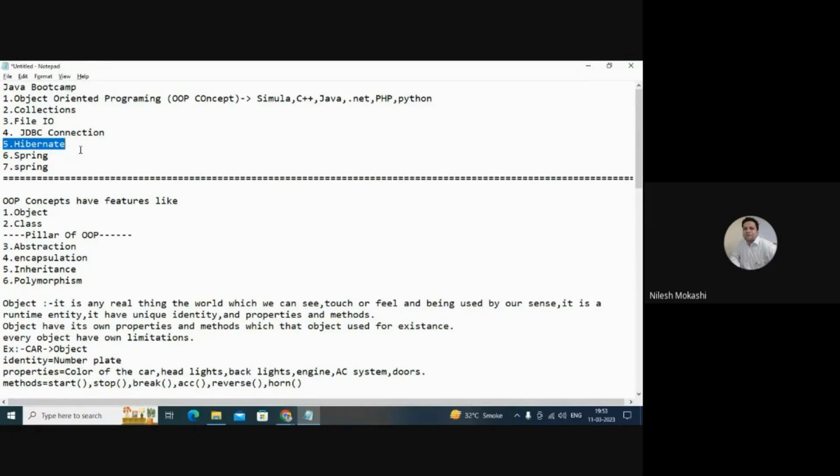In the table we write the columns. In those columns we give constraints like primary key, foreign key, not null, etc. What's going to happen in Hibernate is I'm not going to touch the database. Everything I'm going to manage through Hibernate. So we don't require a SQL developer. We don't require an Oracle developer. Why? Because the database work I'm going to handle using Java code, that is called Hibernate.